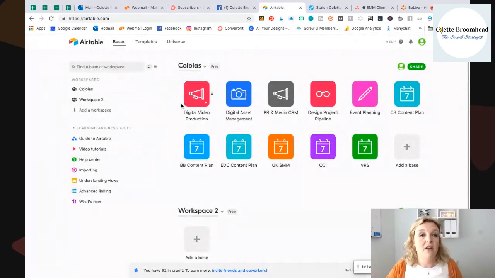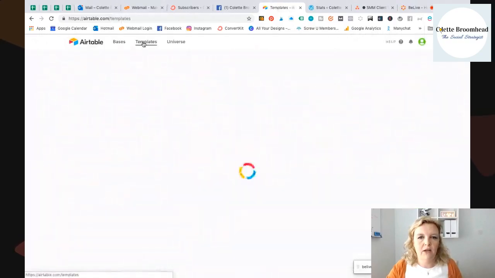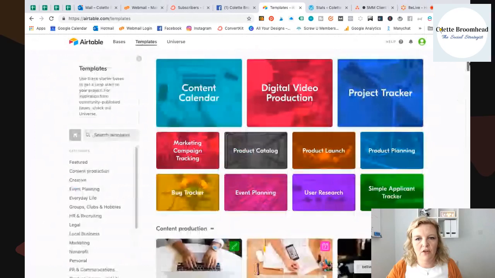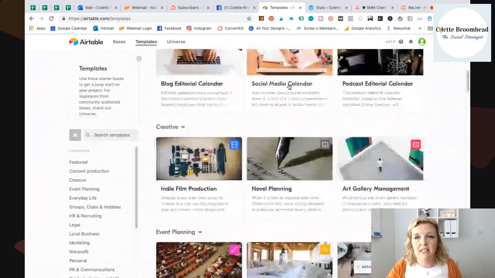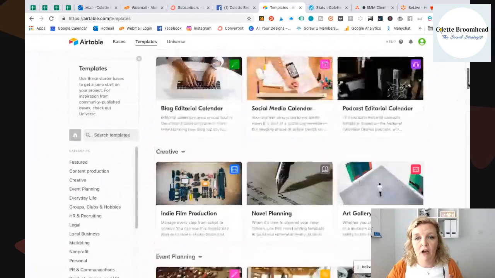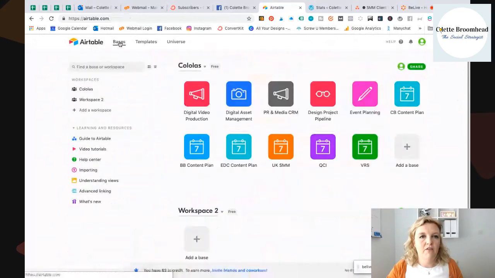Or what I've done is actually, and you can see, look here, you can click on templates, and look, there's tons of stuff. You can literally probably spend hours. There's even a social media calendar here, but I have to say I have just started from scratch, and I've just built my own template, which is what I'm happy to share with anyone who thinks it would be useful for them. So let me take you into, so I've got here, basically I've created a template, a base,